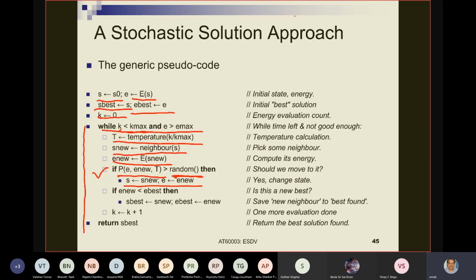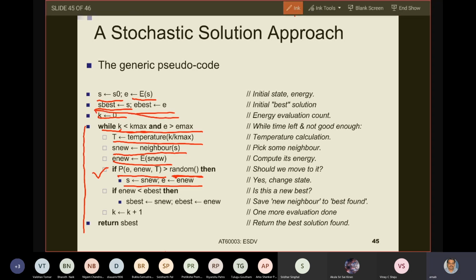Now, at any point in time, S best and E best initially were equal to the value of the initial partition. And now whenever your new partition has a cost which is less than the best cost, that means it is better. Your software execution cost is less than the current best software execution cost. That means you have got a better solution. Then you update S best and E best. Right? You update S best and E best.